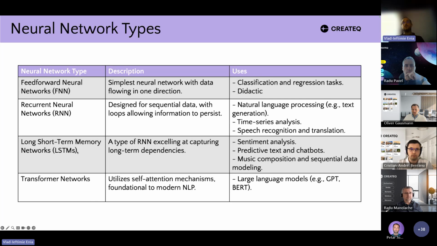Long short-term memory networks are a step up from the recurrent neural networks and are used extensively in NLP as well. And transformer networks are the state-of-the-art foundation of the LLMs that we have today.